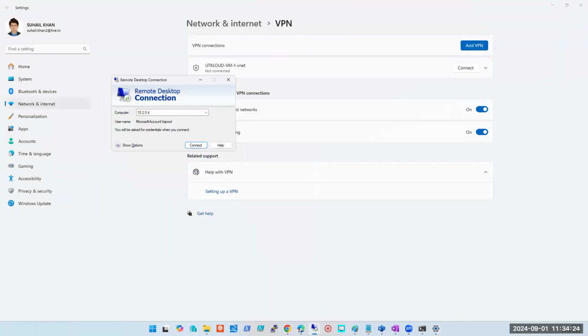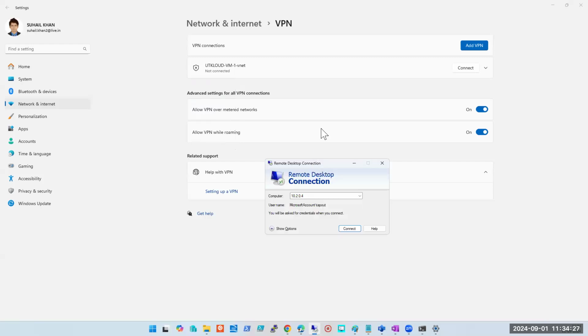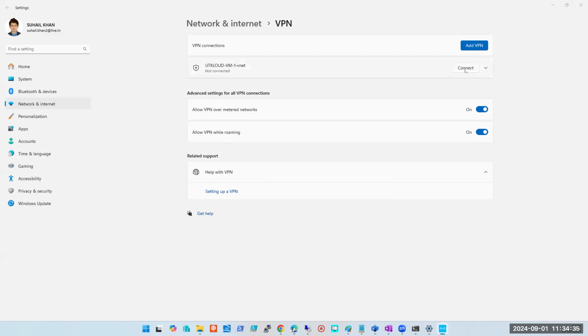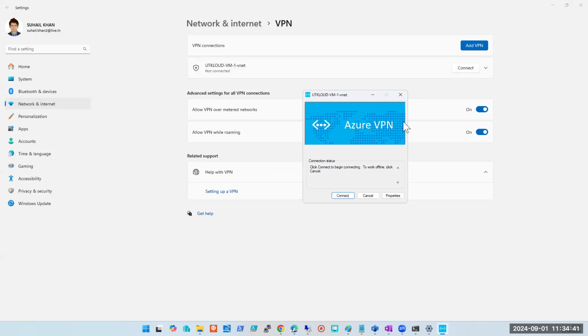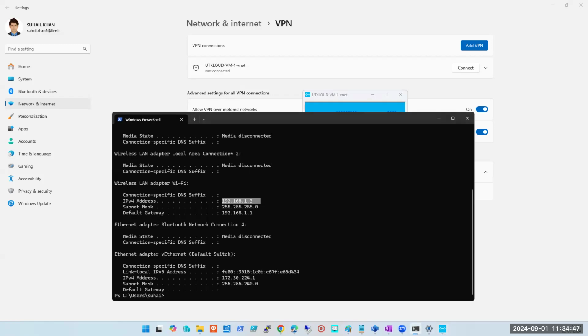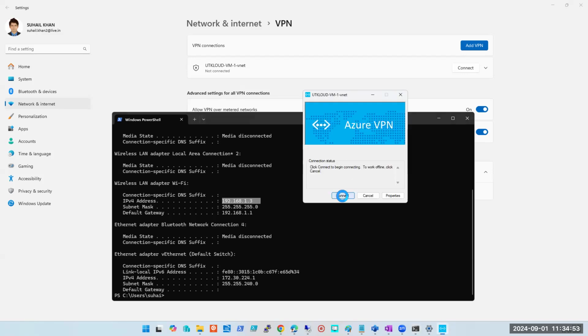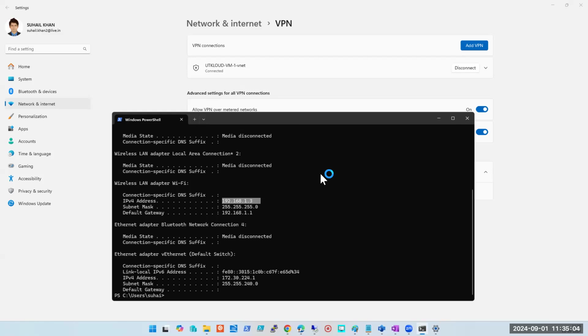So now I was not able to connect to this machine, guys, right? Now let me connect to UT-Kloud VNet. This is a VPN actually. This is the point-to-site VPN which I have configured already. And look at this, guys. I asked you to practice, but by the way, this is how I get it. You guys are able to see my screen, right? You guys are able to see this pop-up which says Azure VPN. Yes. Okay, this is my current IP 192.168.1.3. I click on connect. Now I have got a pop-up: do you want to continue? I clicked on yes. Now look at this, it is being connected and it's done.